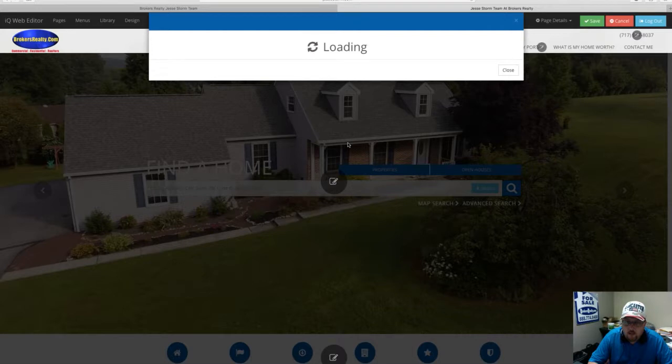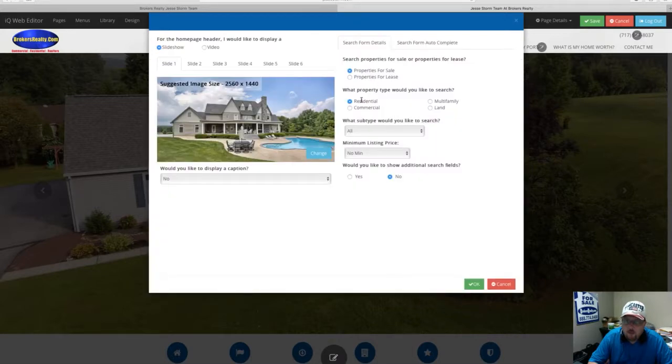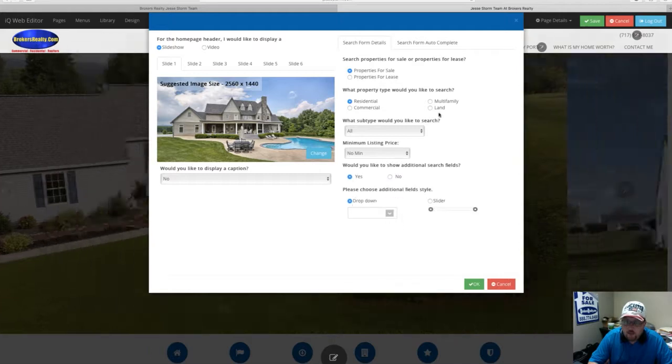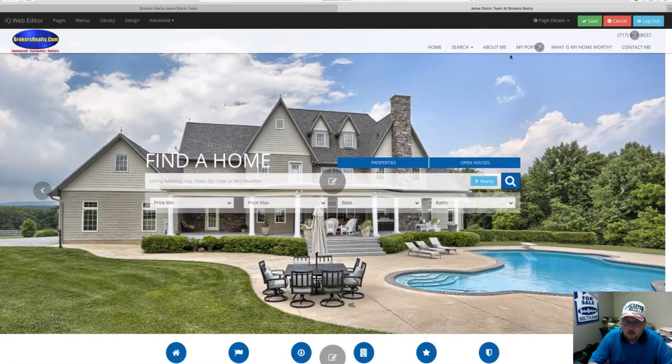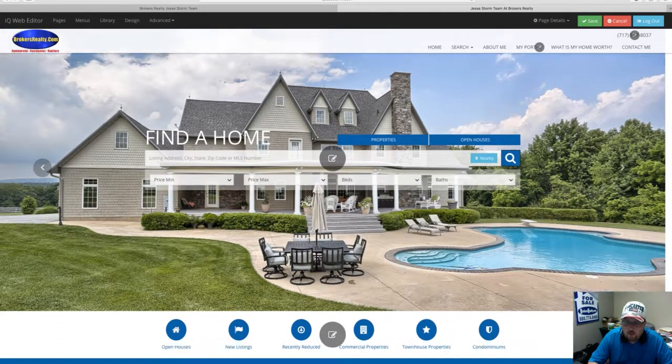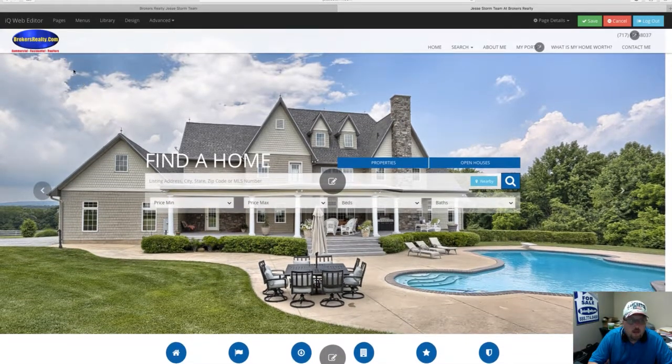You want to edit that again. You want to do residential, make sure this is all set up. Additional fields, you can do your drop downs. And hit save. That gives you those. Okay. And then,